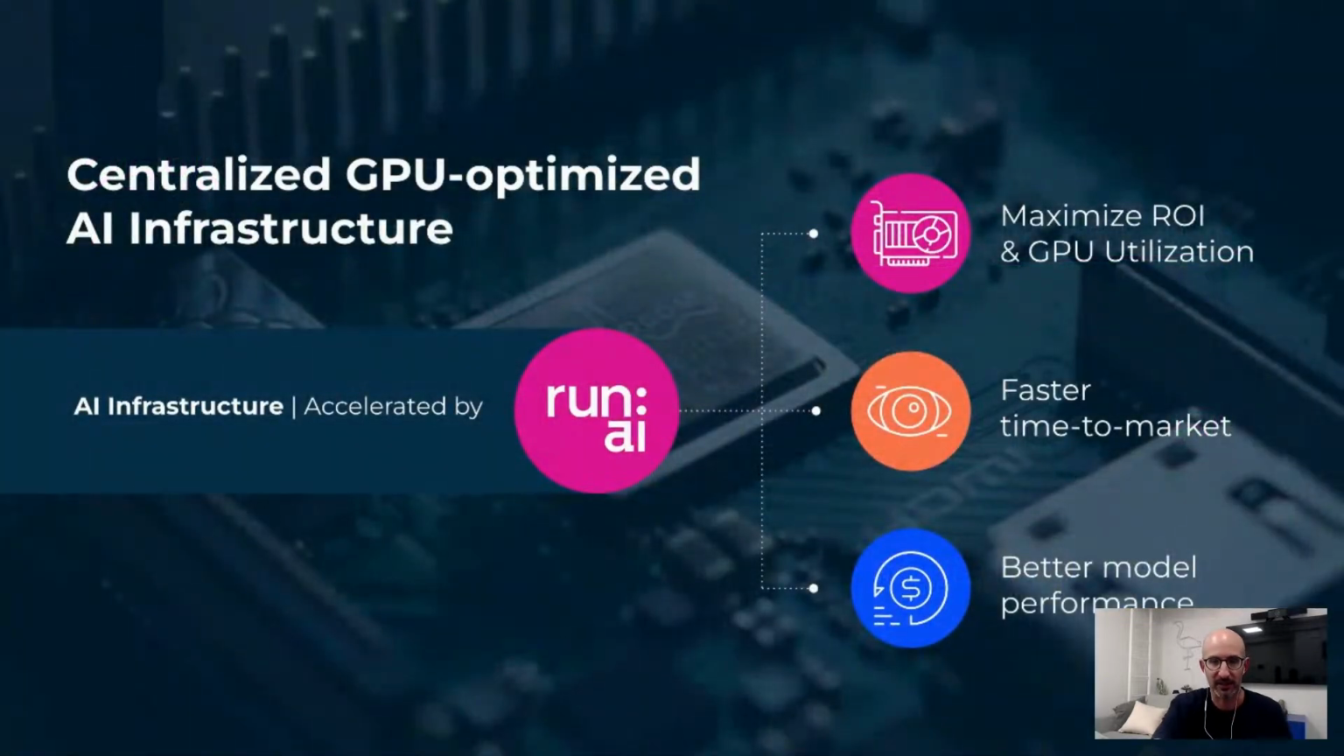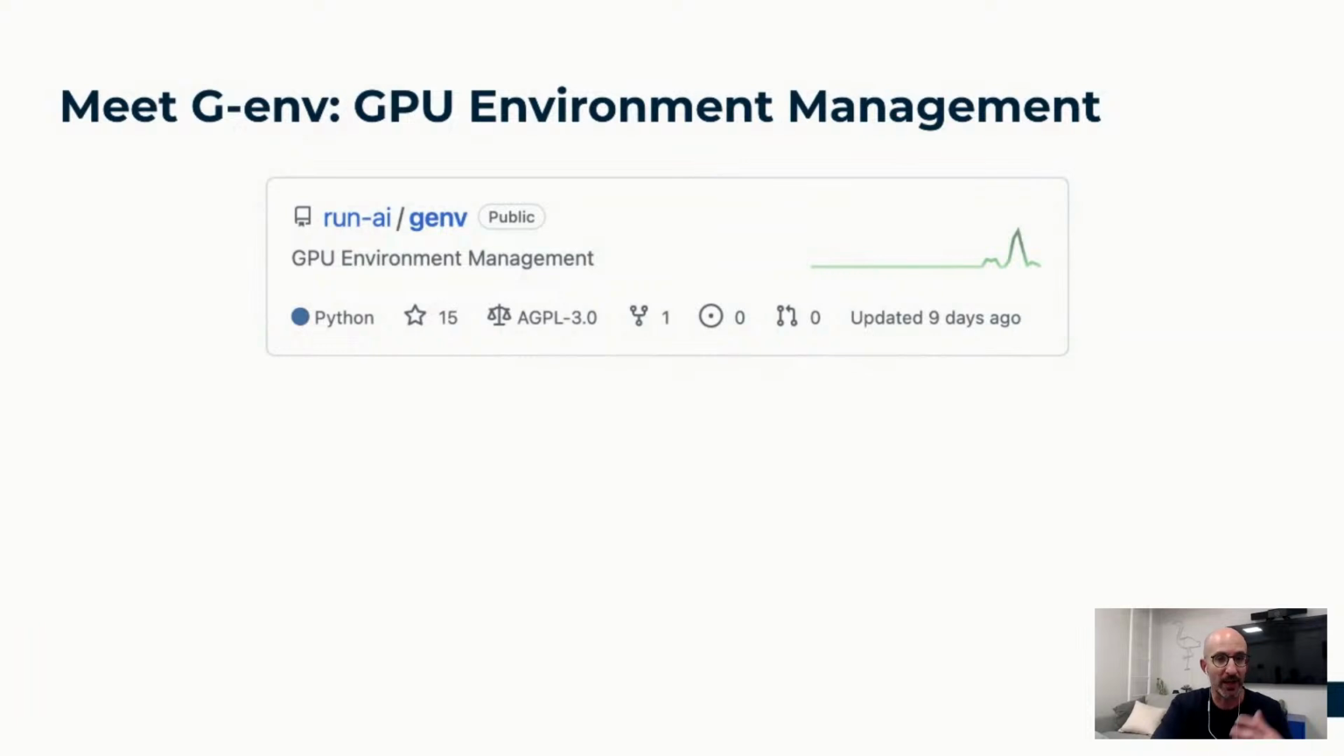So that's us. Last slide about us. A centralized GPU optimized AI infrastructure, shared clusters, so people can get more out of their AI clusters, more GPU utilization. Essentially, they get more access to more compute, so they can move faster, and they can do better model training, and so on. So we have also a community version, and for people who are not using Kubernetes,